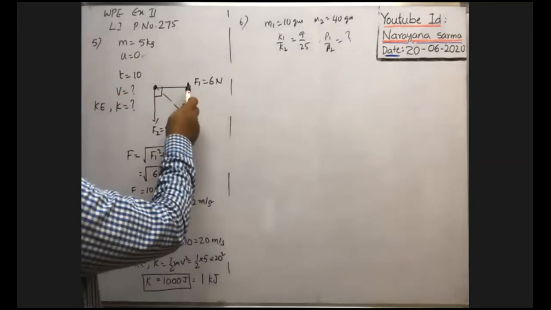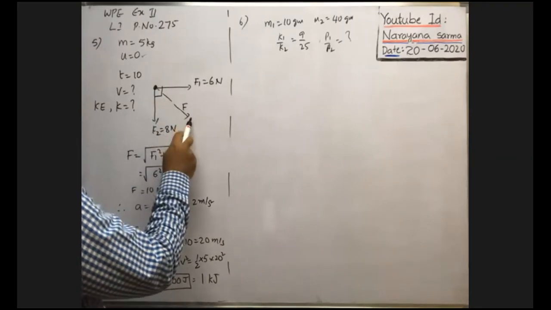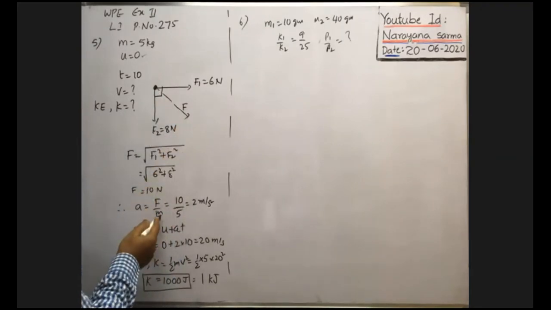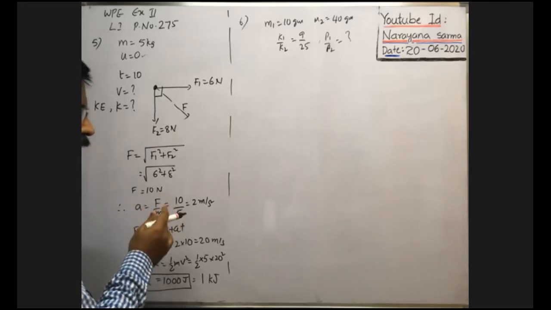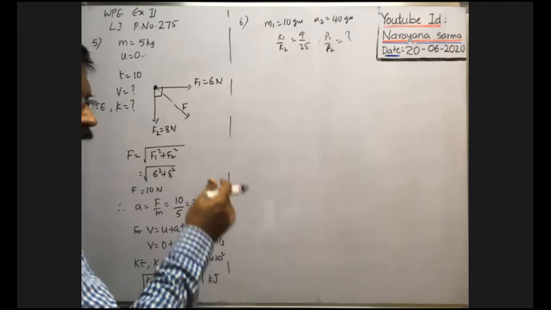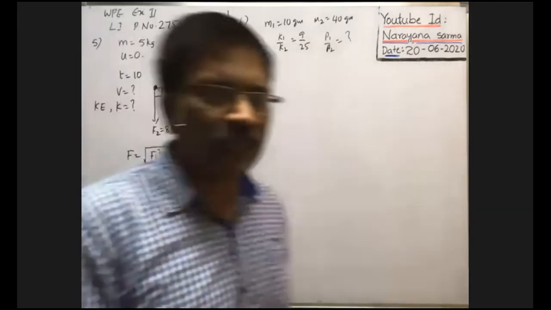Here you see, these are the two constant forces acting on the body. That's why the resultant force is also constant. Whenever the force F is constant, and the mass of the body remains constant, that's why acceleration remains constant. Because of acceleration, the velocity goes on changing. So the velocity acquired depends on the time or on the displacement covered.